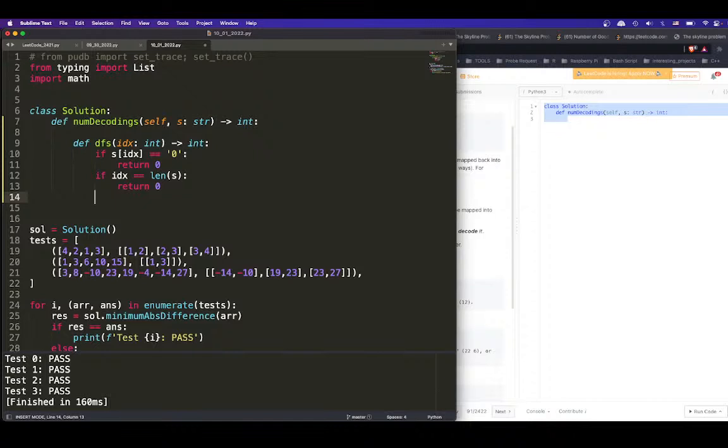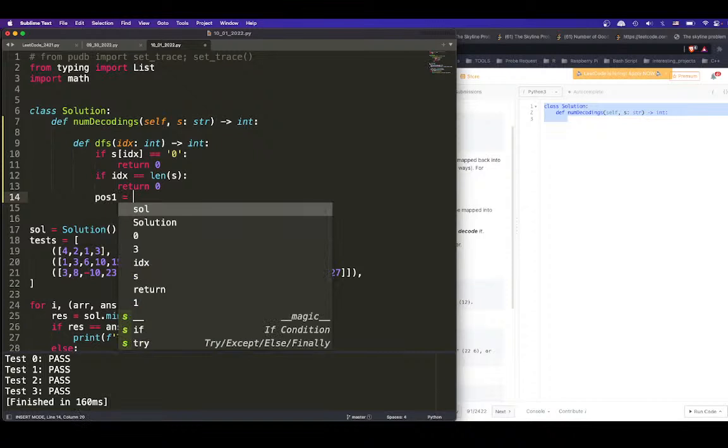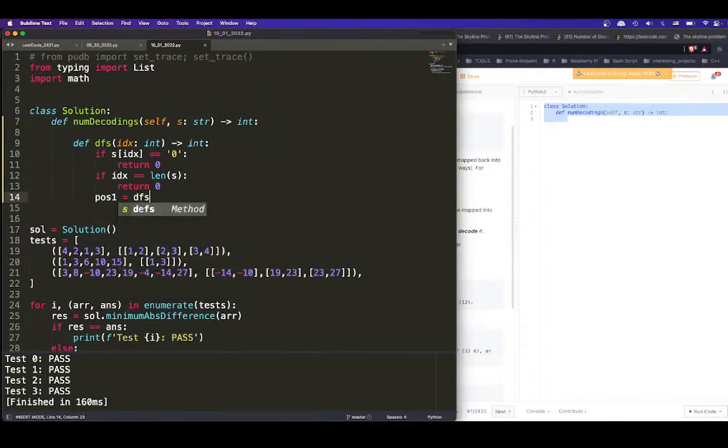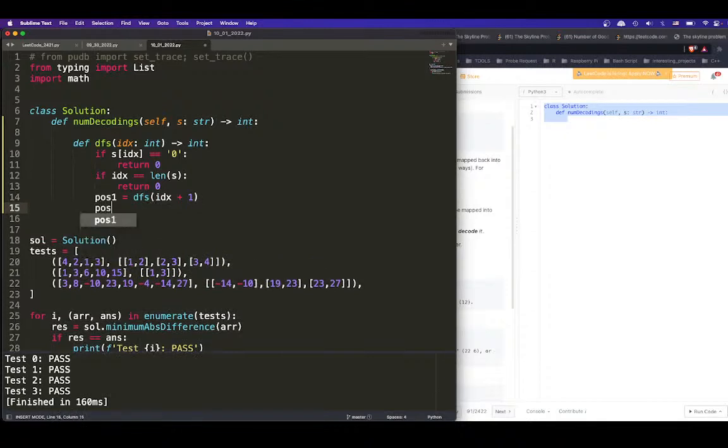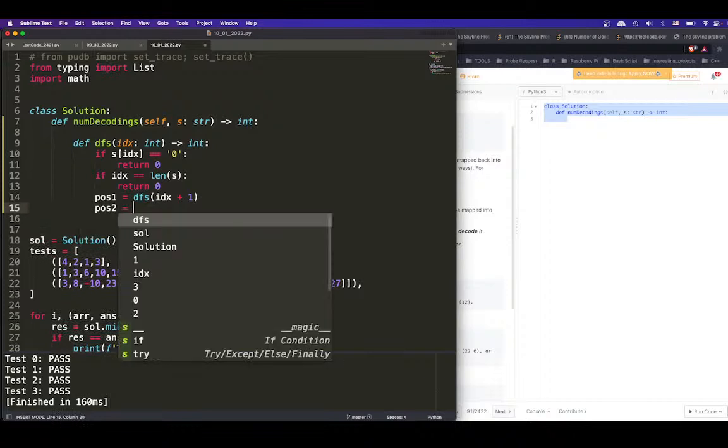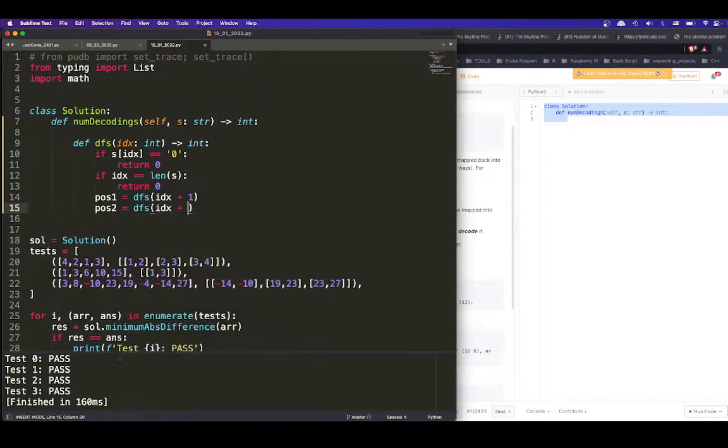So possibility 1 shall equal to DFS(index plus 1), because we take the first one, definitely works. Possibility 2 shall equal to DFS(index plus 2). Take 2 if int